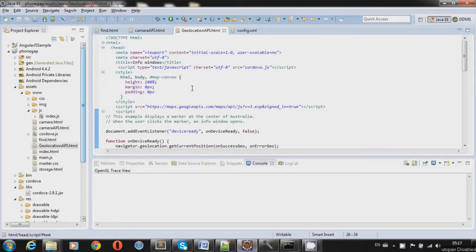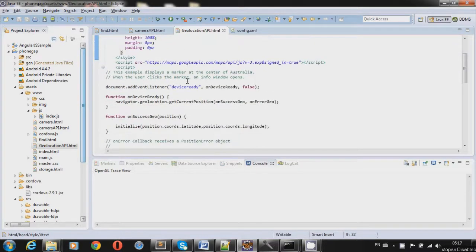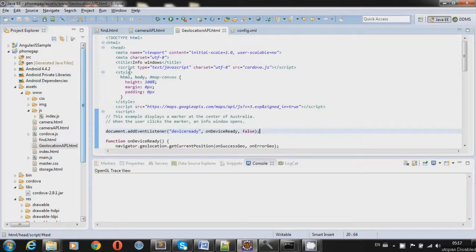Hi, let's begin with our sample 3. In this third sample, we will see how we are accessing the geolocation APIs and how we can point it on Google Maps.